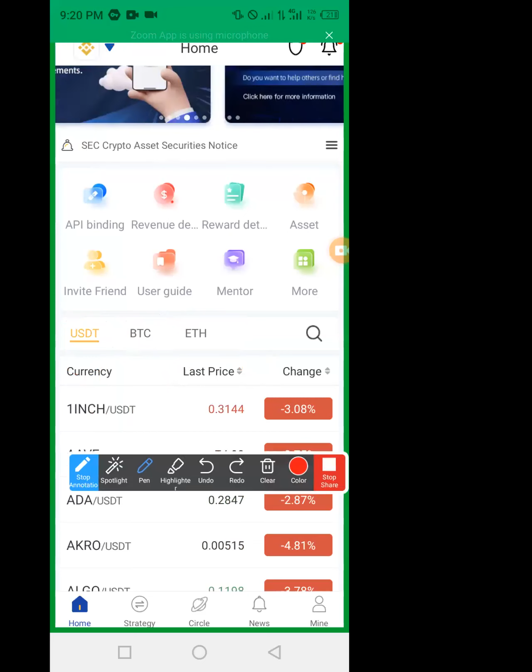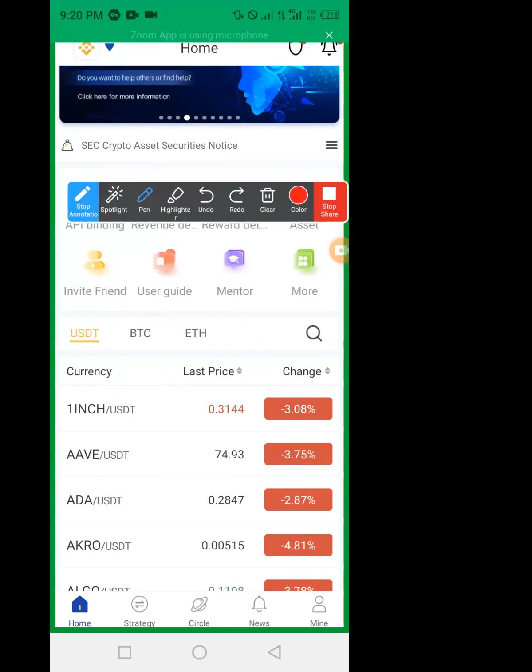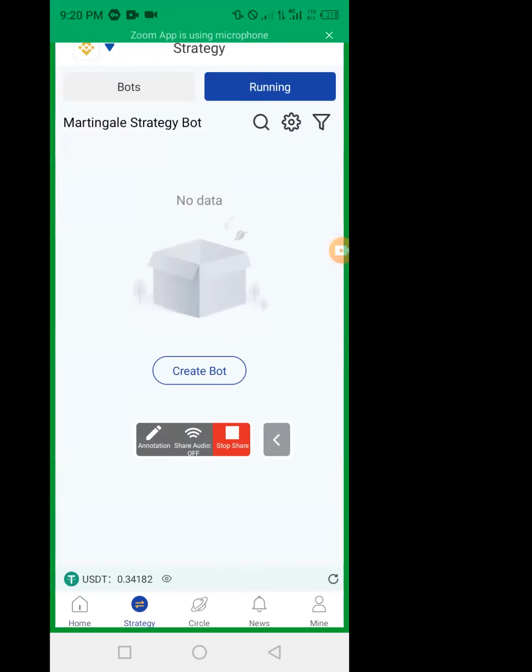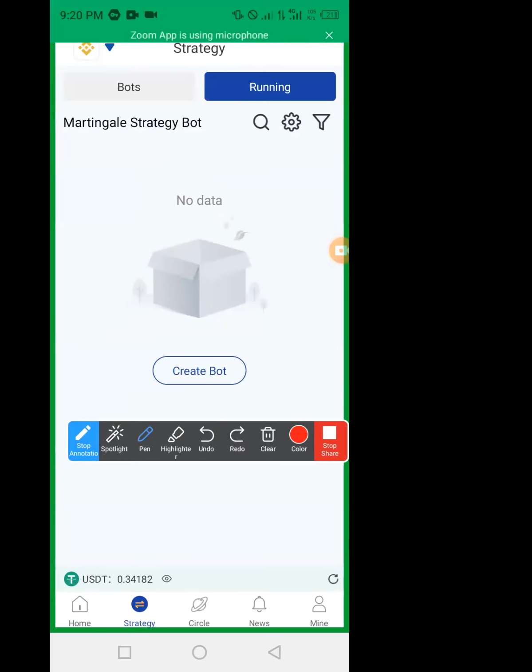Let's move away from there. Then we have seen that one. I remember we talked about the strategy. What is in the strategy? In the strategy, I'm repeating this just because I know there are people who were not here last time and they are here. In the strategy, we are going to find mainly two things: strategy and running.